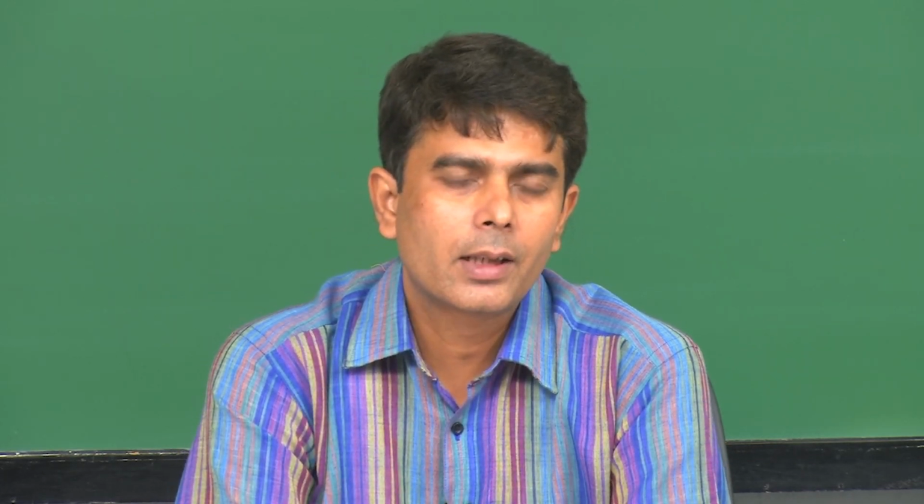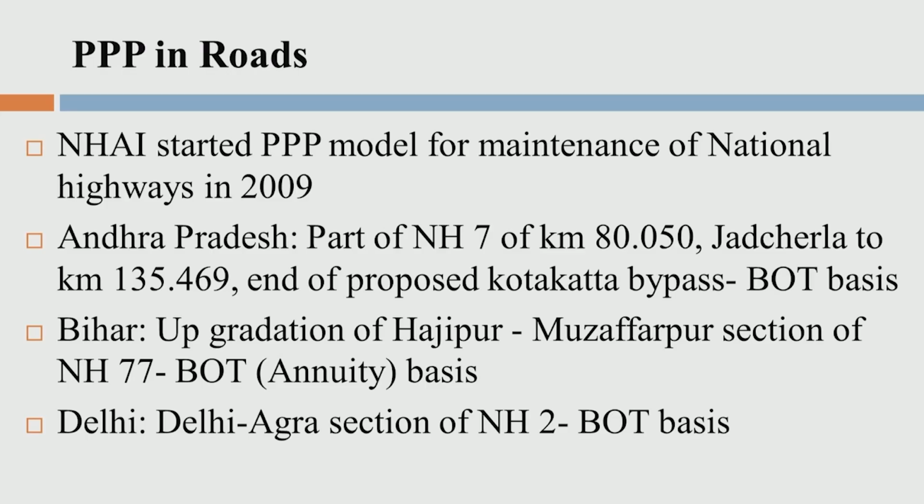In the road sector, especially in National Highway Authority of India, which has started the public private partnership model for maintenance of national highway in 2009. At a state level, in Andhra Pradesh, we find out that the part of NH7, National Highway 7, of around 80 kilometer and around 135.469 kilometer and of proposed Kotakatta bypass, this build, operate, transfer model of public private partnership was adopted in this particular project. At the same time, in Bihar, we find out that upgradation of Hajipur Muzaffarpur section of NH77 was